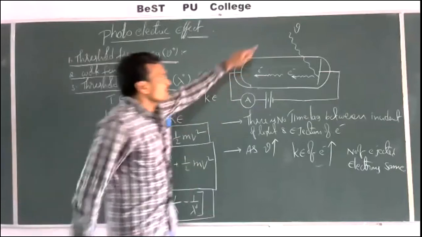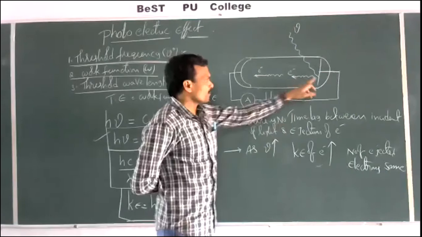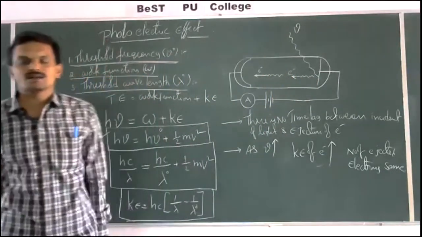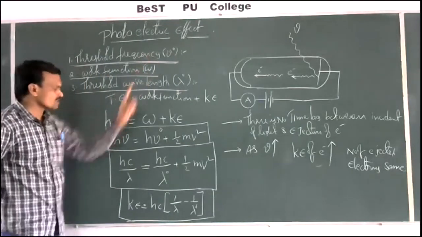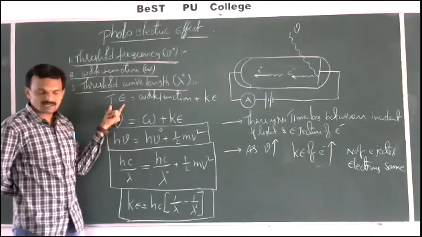Means if you are increasing the frequency nu, number of ejected electrons remains the same, but the kinetic energy of the ejected electrons increases. If the frequency of radiation is increased, that means the total energy is increased, but